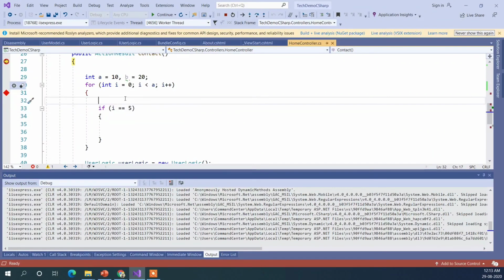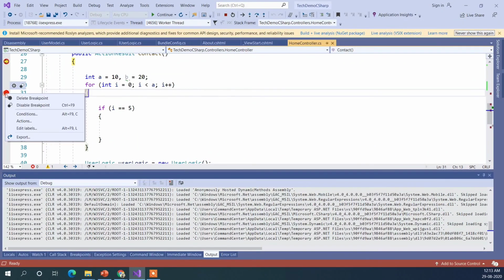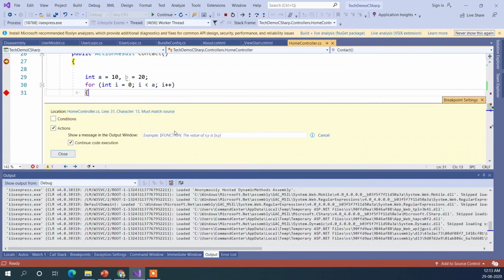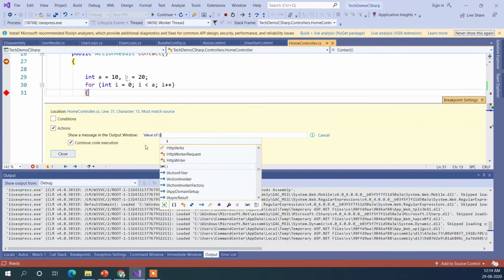we can do it using tracing as well. How we can use tracing is you need to add a breakpoint where you want to see all the outputs, and you can right click on it. Like we have used conditions, we can use actions, and inside that action we can type a comment like the value of, in double quotes, then single curly braces will act as a placeholder, and you can type the variable name into it.